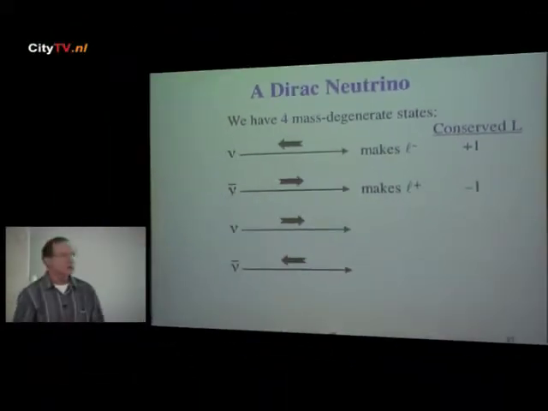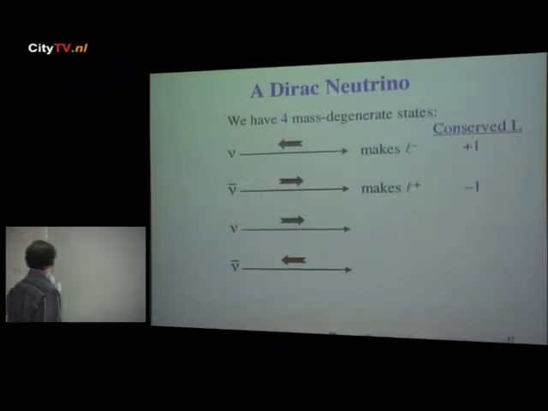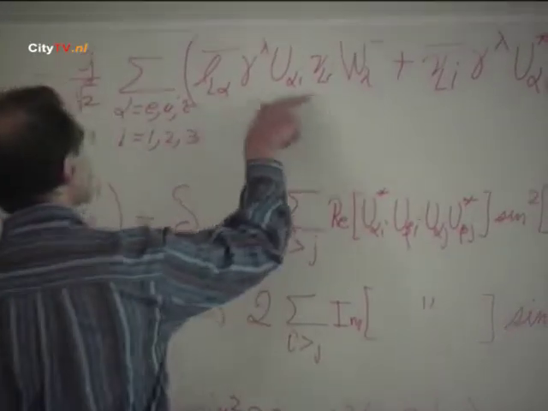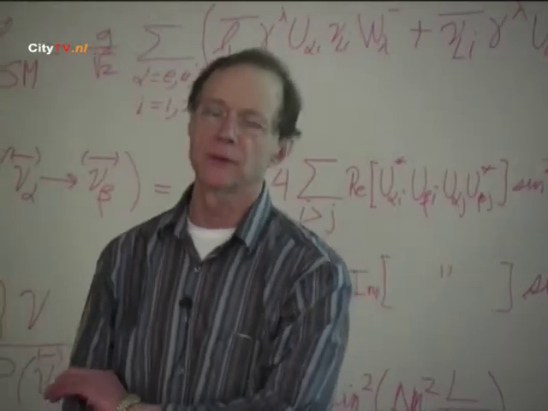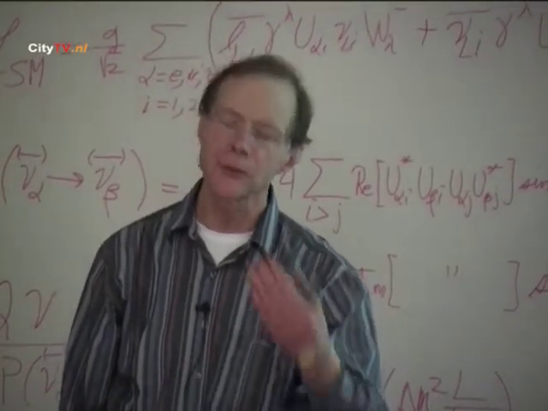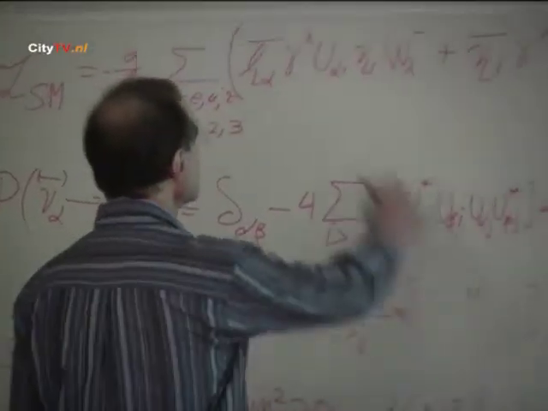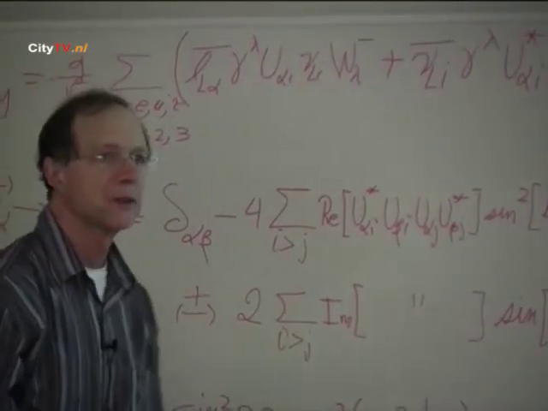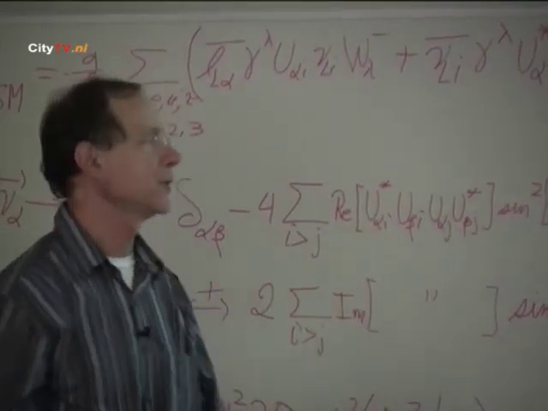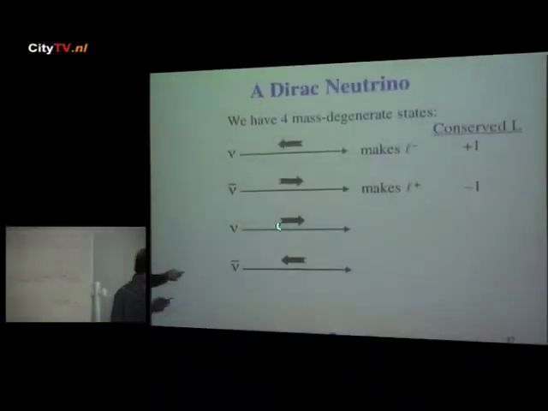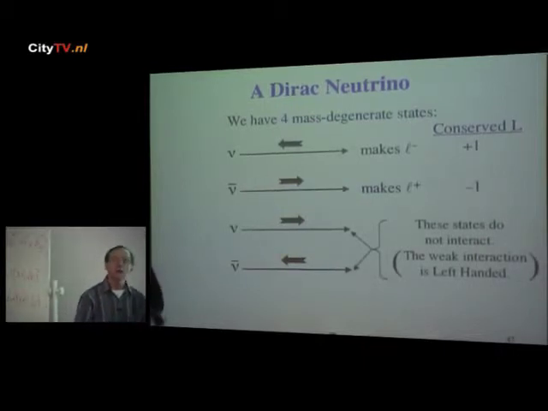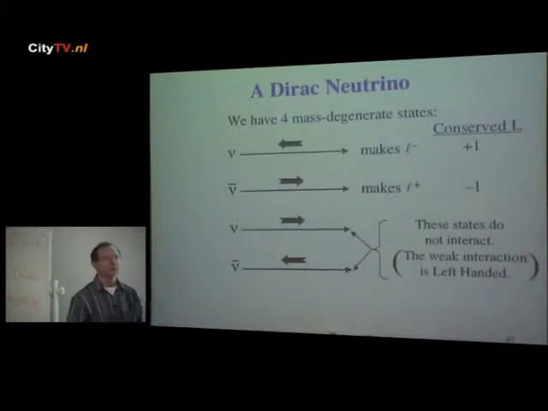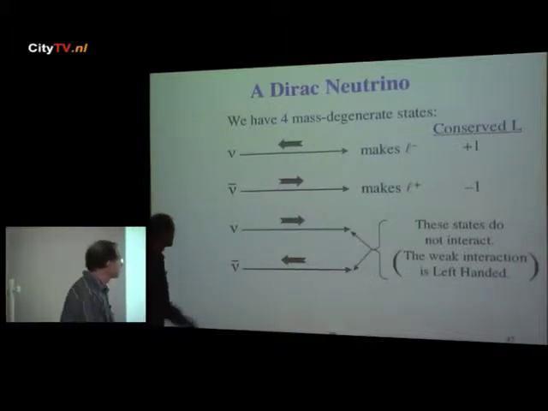The Standard Model also has the feature that its currents are left-handed. That means that when there is a difference between fermion and antifermion, between neutrino and antineutrino, it's only the left-handed neutrino that interacts, and only the right-handed antineutrino. So the right-handed neutrino and the left-handed antineutrino do not interact. At least they don't in the limit that these particles are highly relativistic, which they always are in the experiments that we do. These states are there,